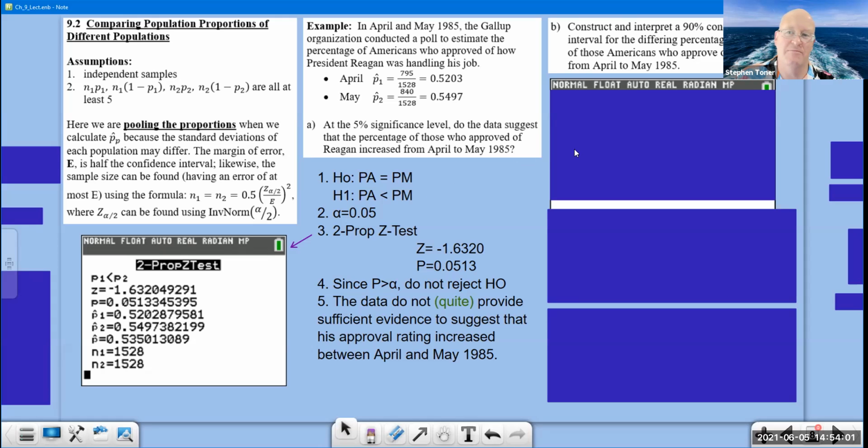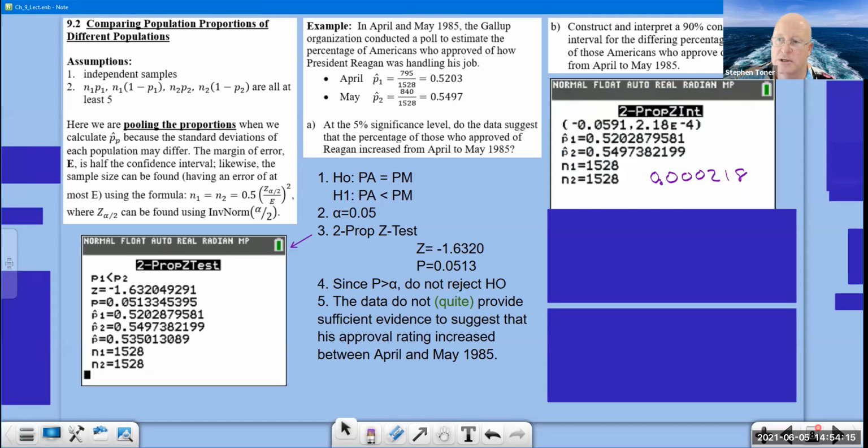Okay, here we go on to part B. Construct and interpret a 90% confidence interval for the differing percentage between those 2 months back in 1985. Well, we did a 2 proportion Z test earlier, so we're going to do a 2 proportion Z interval. Now, I wanted to call to your attention that when you did it this time, first off, we get a negative on one end and a positive on the other end of the confidence interval. But notice how this went into scientific notation. That really stands for